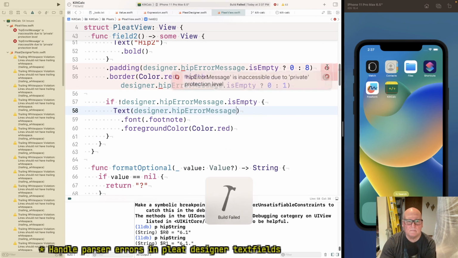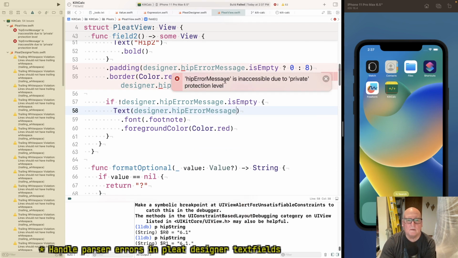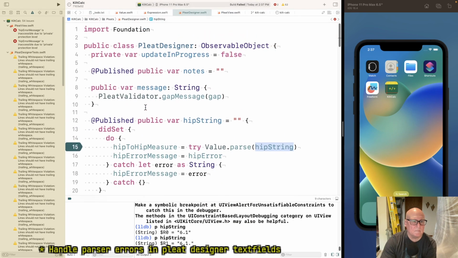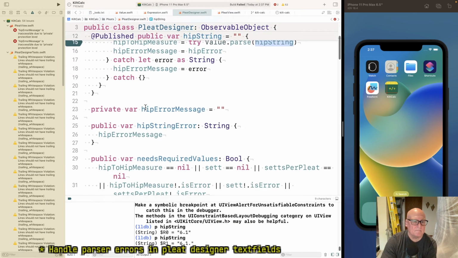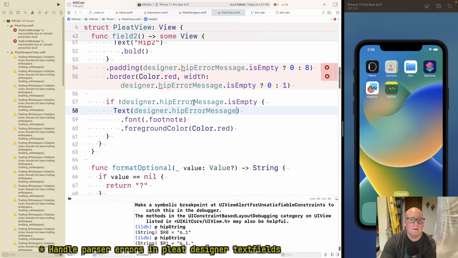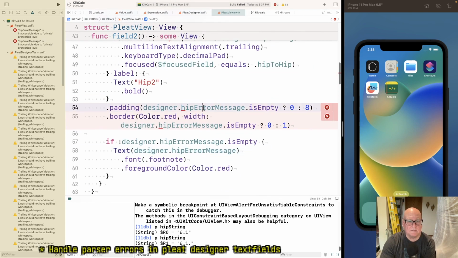Whoop. Oh, hip string error. Well, that's annoying, isn't it?